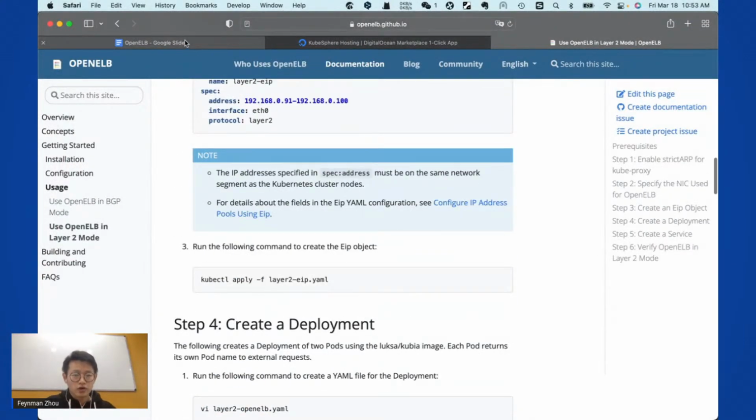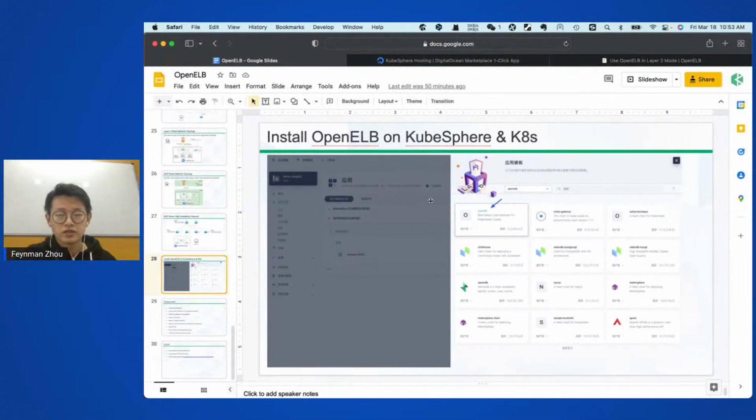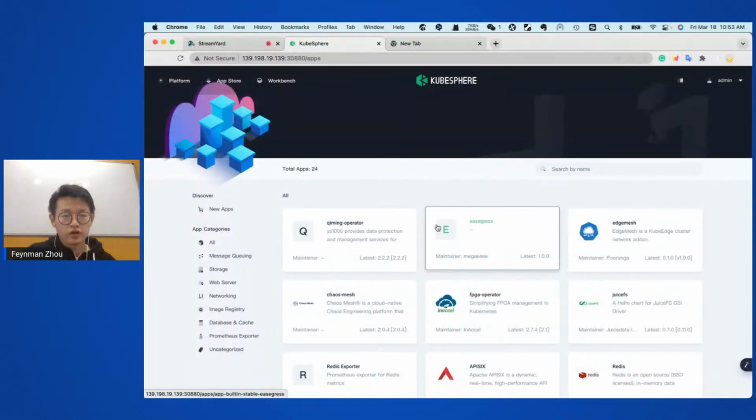Okay, let's go back to our slide. Right now, we have successfully demonstrated how to install OpenELB on KubeSphere. KubeSphere provides a way for you to install any kinds of Kubernetes and cloud-native applications on your cluster. So it provides an easy-to-use web UI for you to manage and monitor your resources. Going forward, we will integrate OpenELB in the built-in application store. So as you can find from the application store,